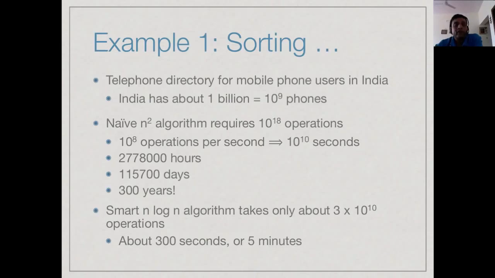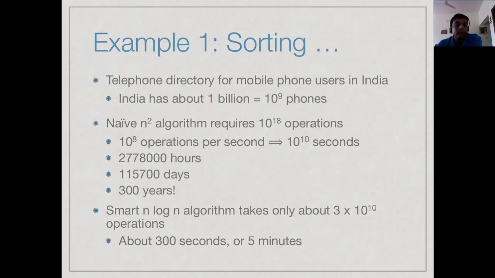So how much is 10 to the 10 seconds? Well, it's about 2.8 million hours. Okay? It's about 115,000 days. And that's about 300 years. So you can imagine that if we really want to do this using an n square algorithm, it would really not be practical, because it would take more than our lifetime, more than several generations in fact, to compute this